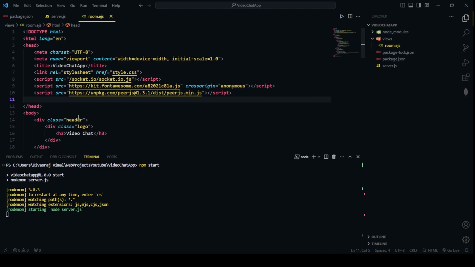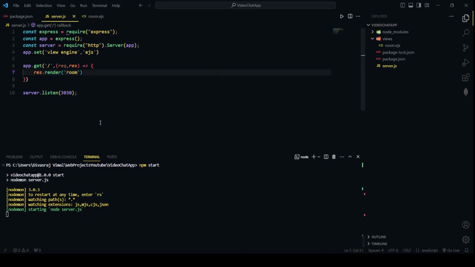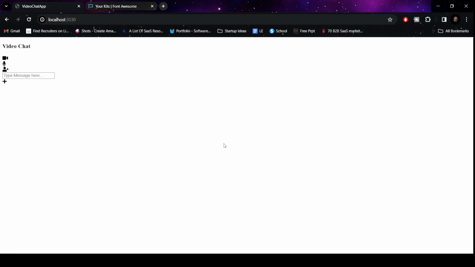So we will just remove it and save, and after that we will go to server.js, and here we will write res.render room. After that we will go to our localhost in the browser and we'll see some icons. As you can see, we have got some icons of video, microphone, add user, type a message here, and a plus icon. But it is not looking very good,